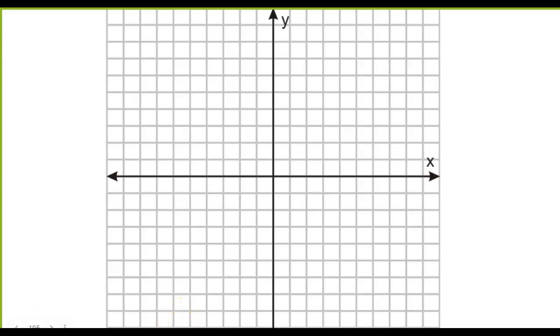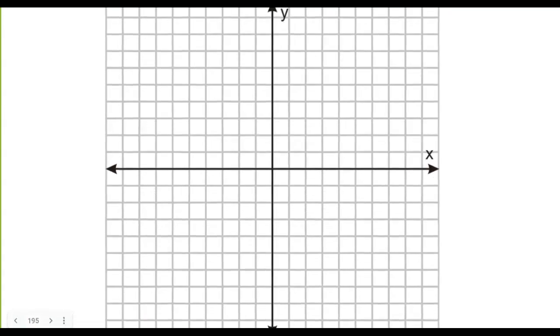So today what we're going to be doing is we're going to be given the information such as an equation, a slope, and an ordered pair. And with that information, we're going to create the graph of the line. Okay? So if I were to give you this first equation,